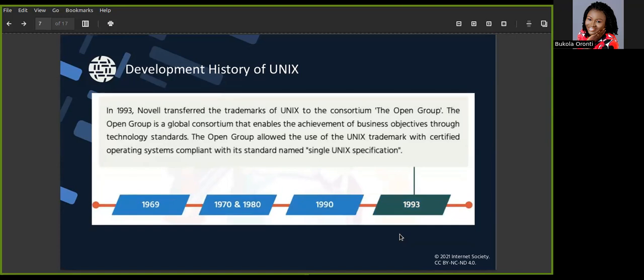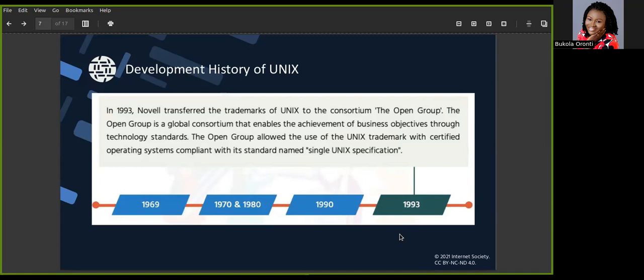Then Novell transferred the Unix trademarks to another consortium known as the Open Group. What the Open Group eventually did was develop a standard for the Unix trademark, and the standard is known as SUS, which simply means Single Unix Specification.